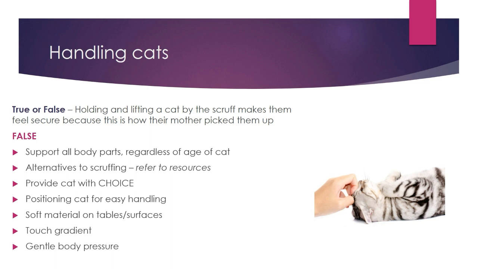Always put soft material on tables or surfaces. Cold metal surfaces are very anxiety-inducing for cats because they really can't get their grip. Always utilize touch gradient. Does everyone know what touch gradient is? Some yes, some no. So if what I want to do is give an IM injection,